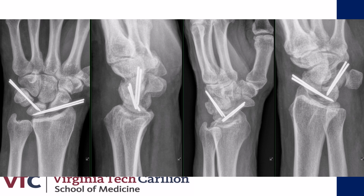In total, we did 4 pins, so 2 SL pins and 2 LT pins, and this was all done in combination with arthroscopy and fluoroscopy. So arthroscopically, we confirmed that the bones were reduced anatomically, and then fluoroscopically, we made sure that the pins were in the correct position. And arthroscopy also aided in this, making sure that the wires were not placed in an errant position. This was a fairly stable and rigid construct. We then removed everything out of the joint from an arthroscopic perspective and placed the patient in a volar resting